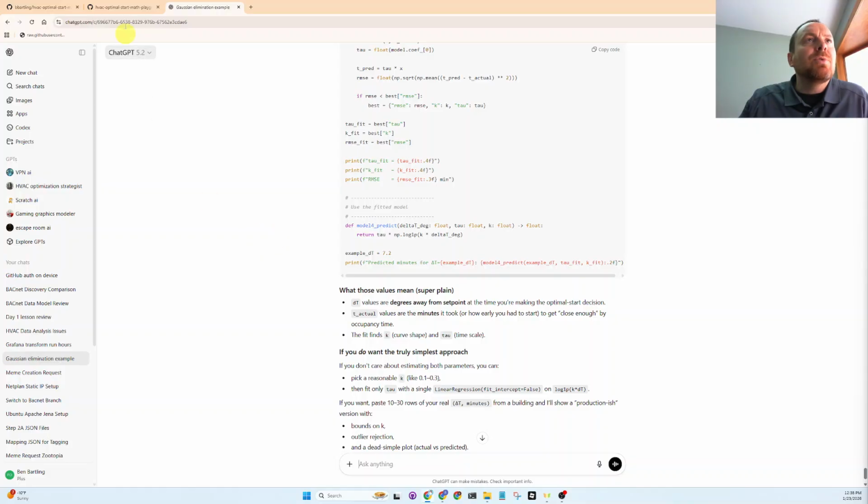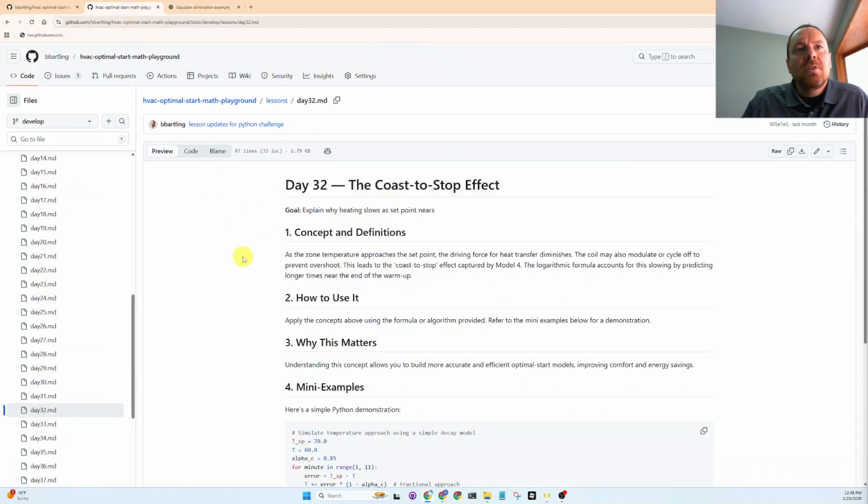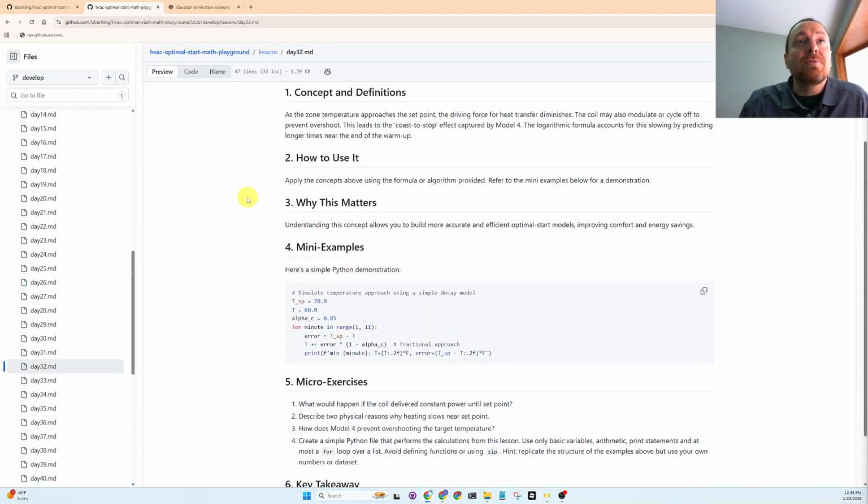And here we are. So we're up on day 32, Model 4. So let's knock this one out real quick. As the zone temperature approaches the set point, the driving force for heat transfer diminishes. The coil may modulate or cycle off to prevent overshooting. This leads to a coast to stop. Model 4, the logarithmic formula, accounts for this slowing, predicting longer times as you near the end of the warm-up or cool down. That's why when you look at the graphs, it has a kind of curved shape to it. It's not a perfect linear